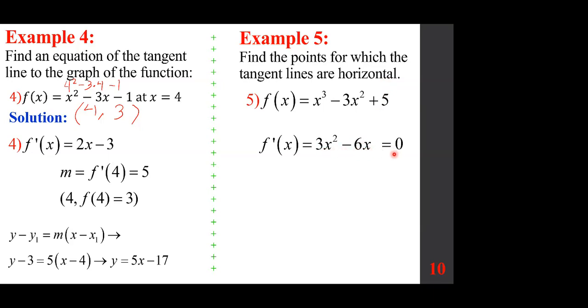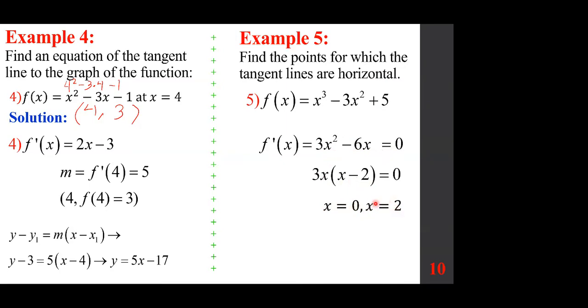Solve this equation by factoring. Take out the 3x. Either x is 0 or x minus 2 is 0. So x is 0, x is 2. Now, what is important for you to realize, this means there are 2 points, and it doesn't mean the pair